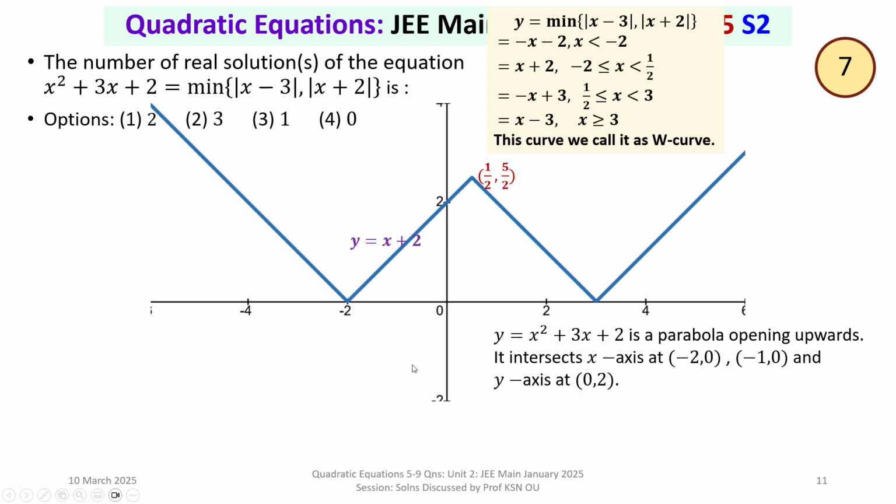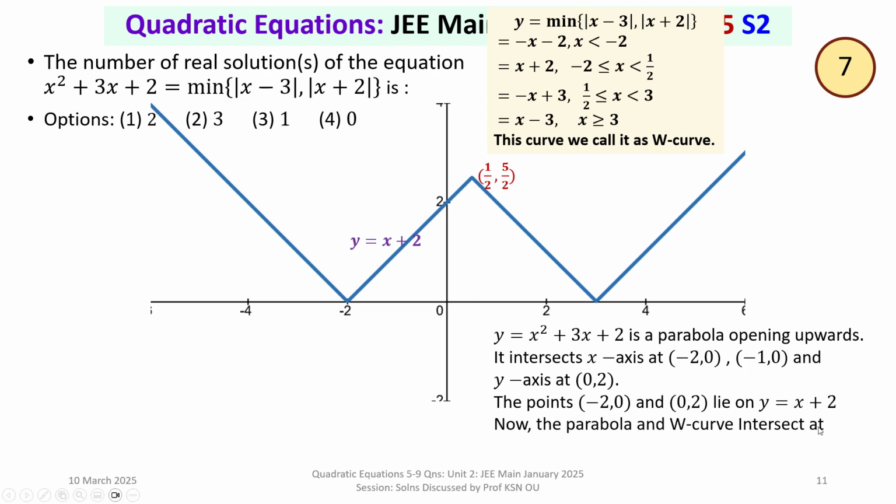And observe that minus 2 comma 0 and 0 comma 2 lie on y is equal to x plus 2. So the points minus 2 comma 0 and 0 comma 2 lie on y is equal to x plus 2. And now let us draw the